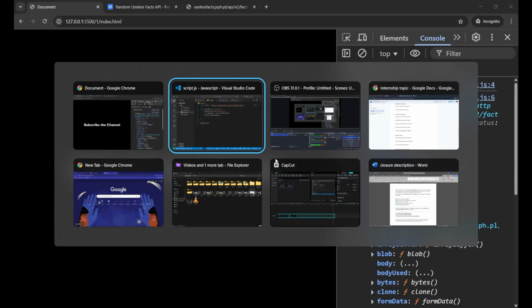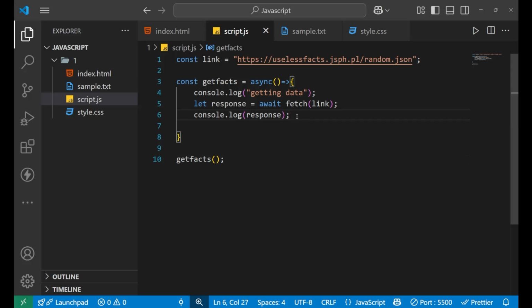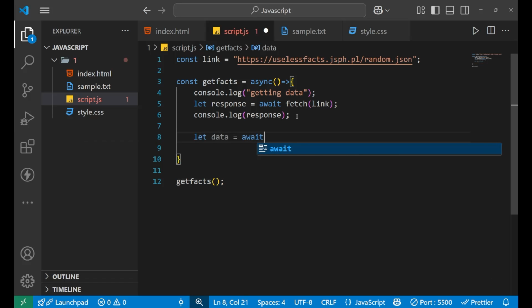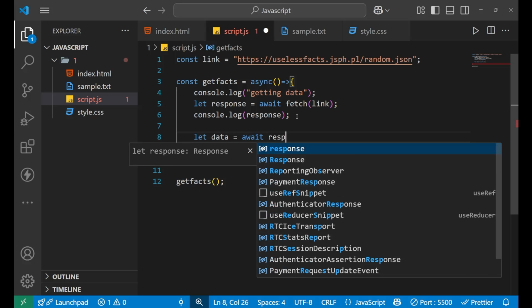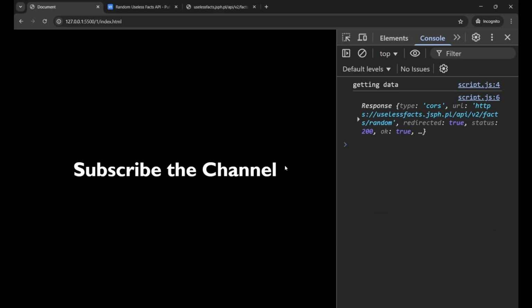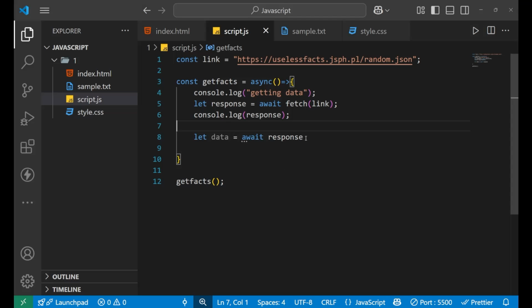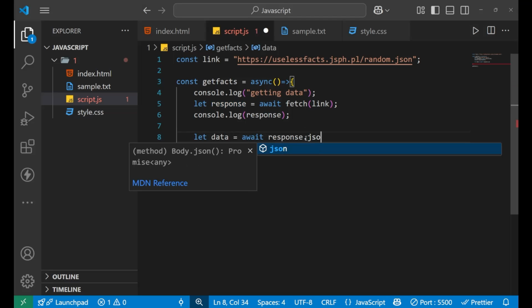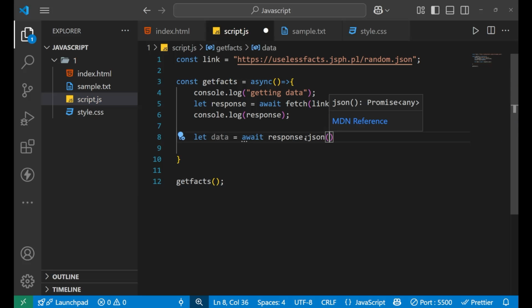So what do I have to do to get that data? For getting that information, you need to convert it into JSON format. For that we use the json method, right? So let data equals, again I will use the await keyword here, and then response, this is your response. All the data that you are seeing here is basically inside this response, and I will use the json method here, json and then brackets, right?